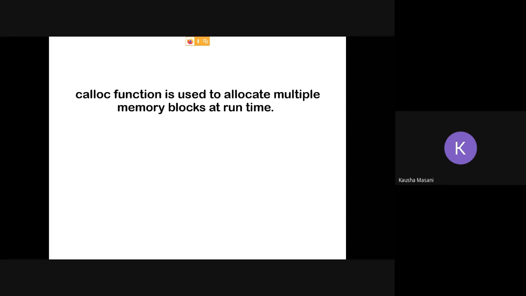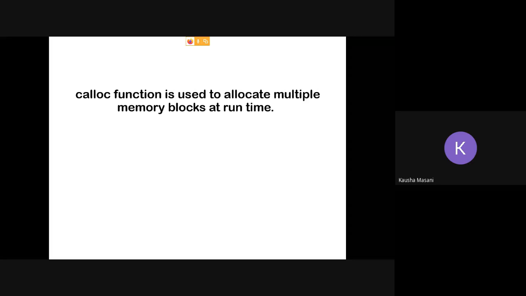But the memory blocks will be multiple. So 2 bytes here, 2 bytes here, 2 bytes here, like that. But in the case of malloc, it is one single block. Here there are multiple memory blocks. That is the first difference. One more difference is that malloc does not initialize any of its memory blocks to 0.